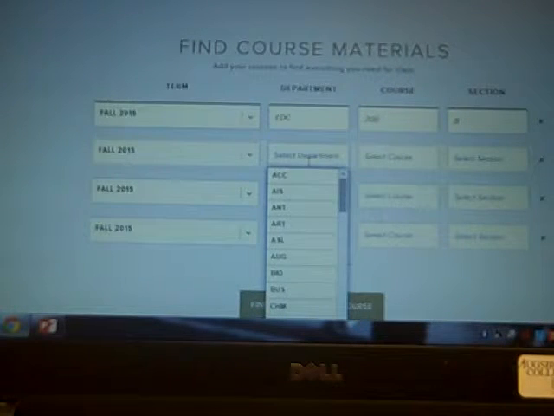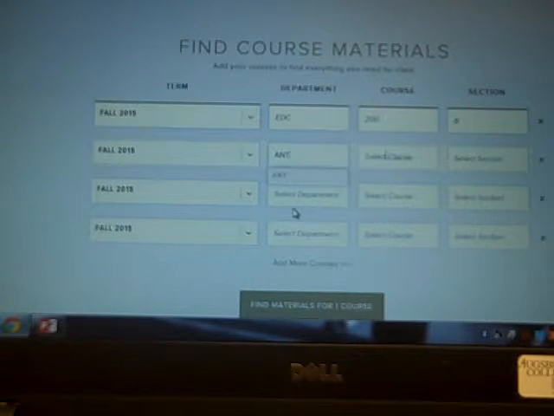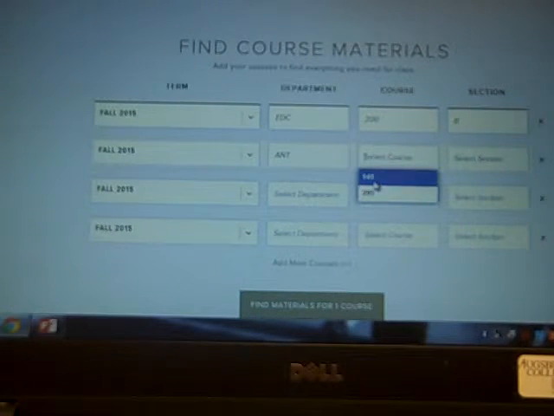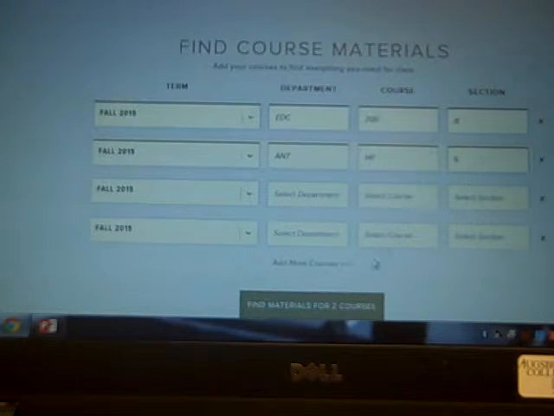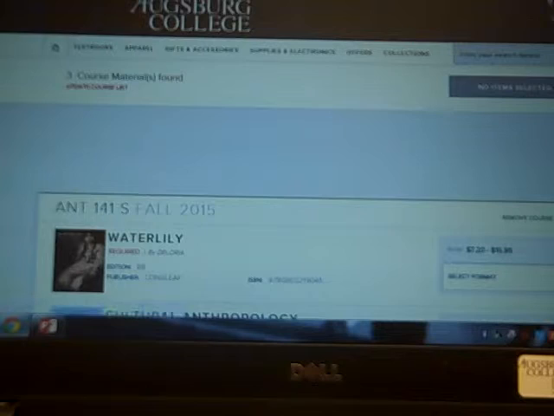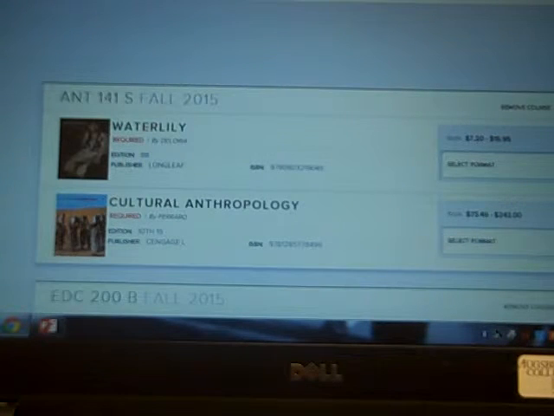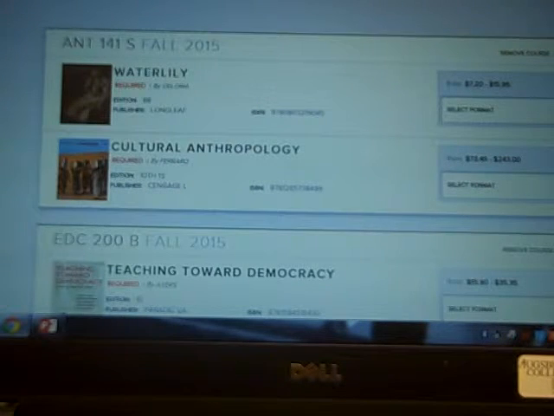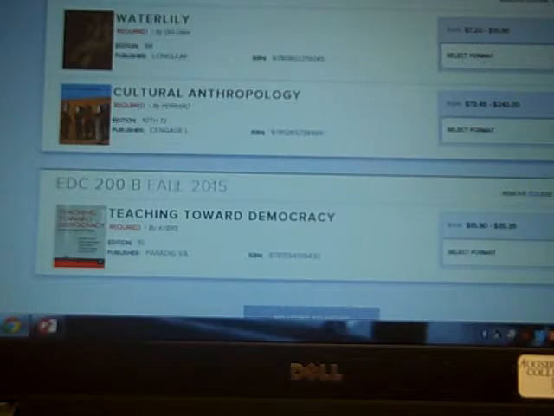Maybe you're a social studies student and you're going to be taking your orientation class plus picking up your anthropology class. So we're going to take a look to see if there's a list for both of those classes. What happens then is that it's going to divide them into class by class. It's going to section them off. So this first section here is for the books that we need for our anthropology class,